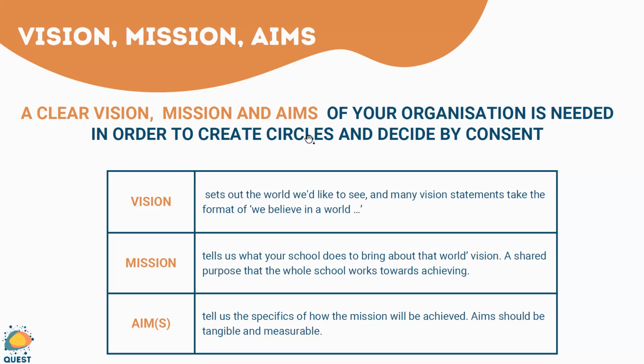Yes, Diego. Yes, I was wondering if one person can belong to more than one circle at a certain time, so you can be part of one operational circle and at the same time be part of the other, I can't remember the names, the other type of circles. Yes, what is very important in sociocracy, and we will see this later on, is that persons are different than roles. So you can be one person, but have different roles.